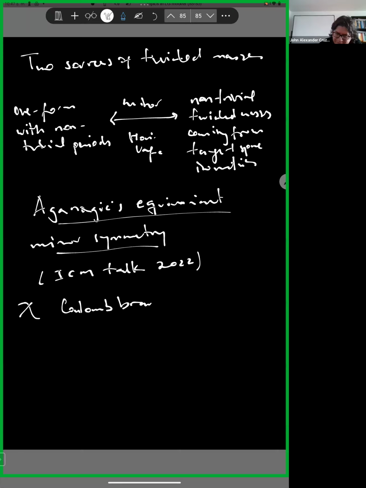Column branch of a quiver gauge theory, 3D N=4. If you remember when I talked about three-dimensional mirror symmetry in the first lecture,